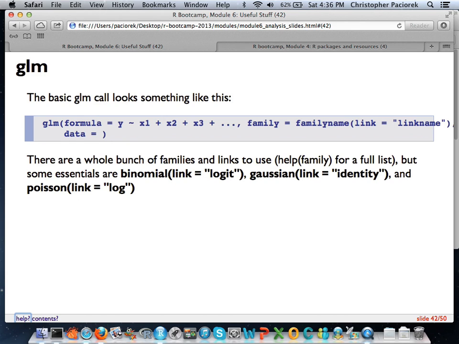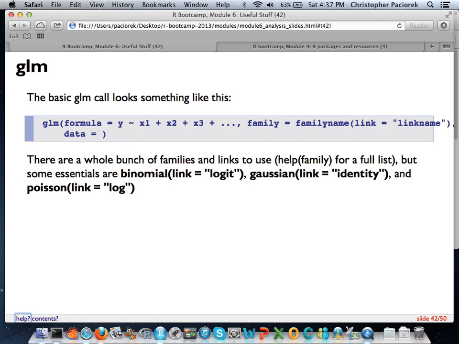Again, these 3 points are not a stand-in for different arguments that you could pass for a function, really just to mean that you could specify a formula that goes on for quite a long time. And then you specify the particular family for your regression link, which the way it works is you put the family name first, and in parentheses, you put the link equal to the character string, which is the particular link you're interested in. And then, of course, you have to have some data if you want to actually run this regression. So you specify the data set you're interested in.